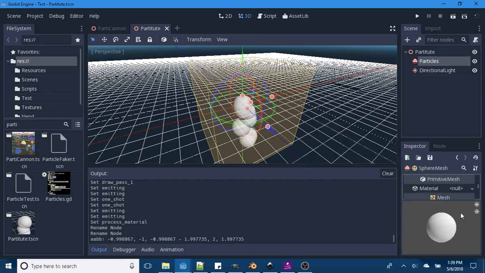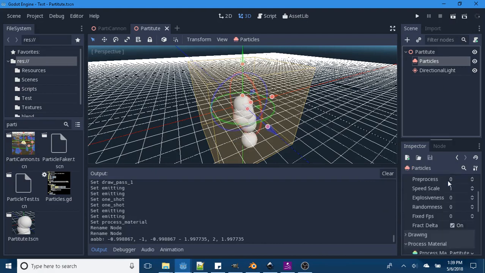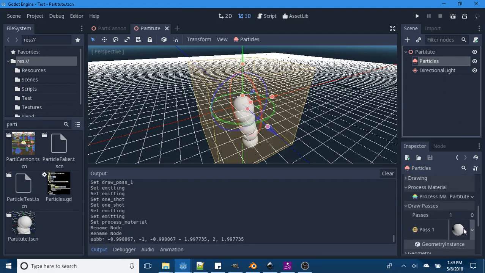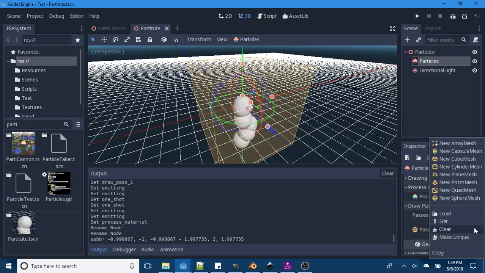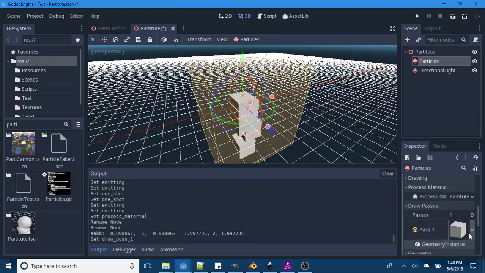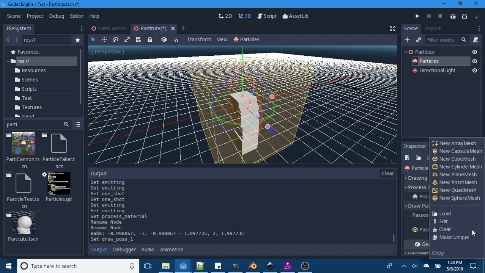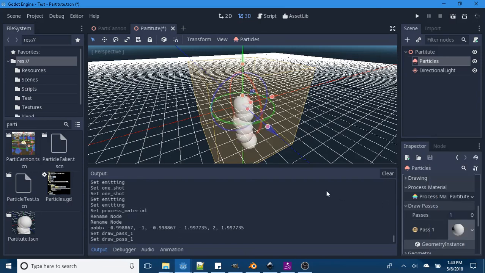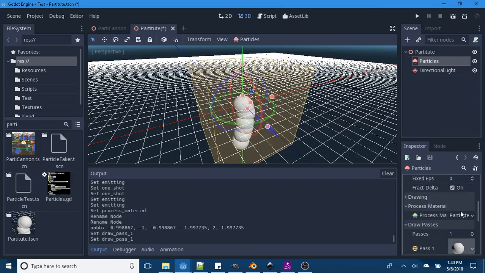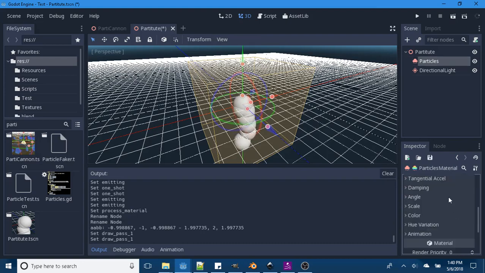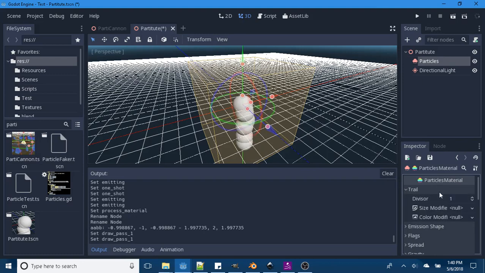Now normally, oh come on, get back there. Normally, for a particle mesh, I wouldn't actually use a sphere mesh. Or at least I wouldn't use Godot's sphere mesh. I think it's a little too detailed. But I'll go ahead and use it for this tutorial because no harm right now. It's not like we're having 1,000 of these. But now that we've done our particle materials,